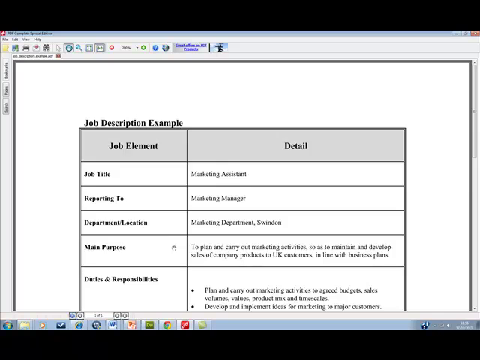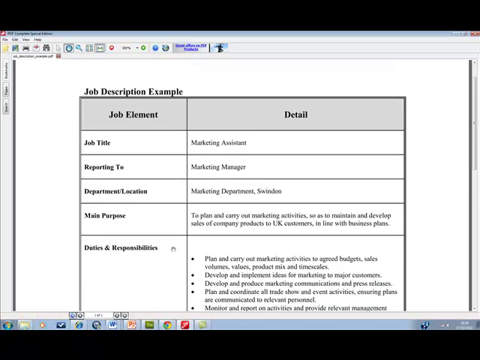So that's a very simple job description. Job descriptions don't need to be in depth and in detail unless the role specifically requires that. Okay, but a job description is one of the first documents that you should obtain when you're applying for a role. If you are an employer, then you should create a job description for every role that you are advertising, or for every role within your organization. If you don't have these, then how can the person who you're employing be expected to carry out the role in line with certain guidelines?